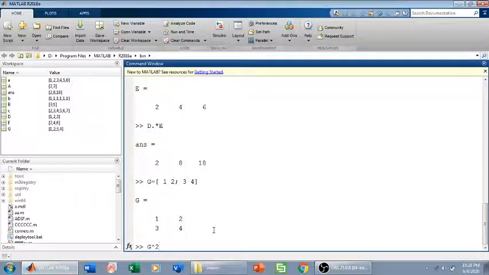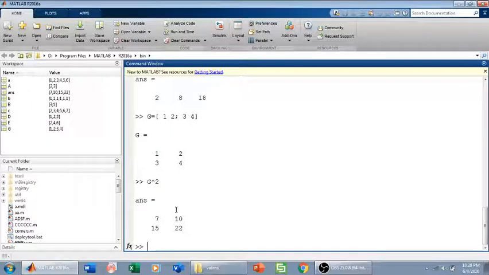So G to the power of 2 will give us the matrix multiplication of G with itself. So it is actually equal to G star G. Fine. Here we go. If I calculate G star G, I will get the same answer. So G power 2 is equal to G star G.